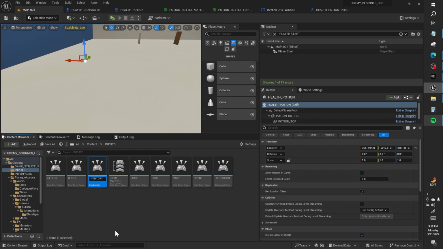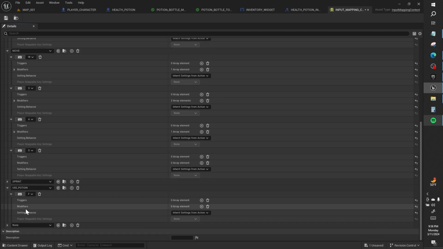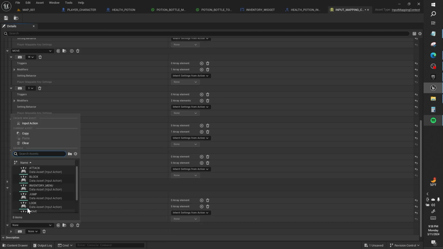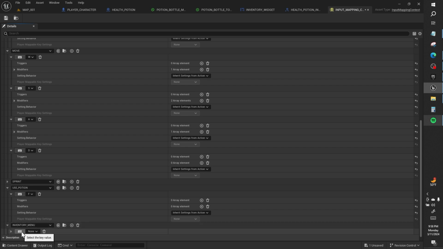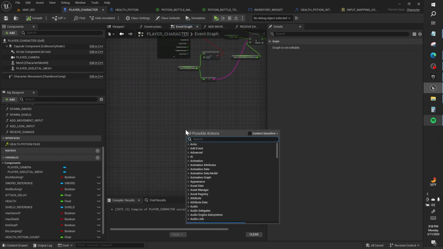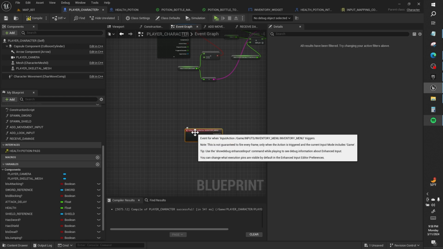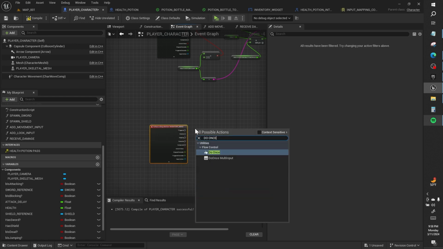Inventory menu. Let's go here. Press plus. Inventory menu. I'm gonna make it T. Player character. Inventory menu. Enhanced action events. So that's T. I want a do once,